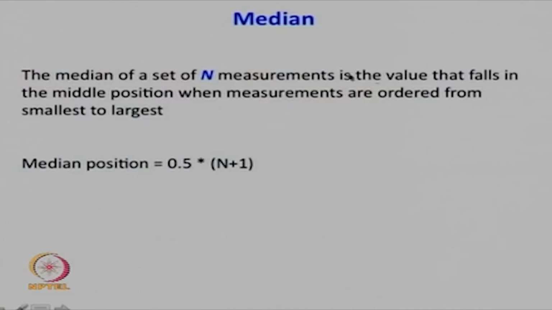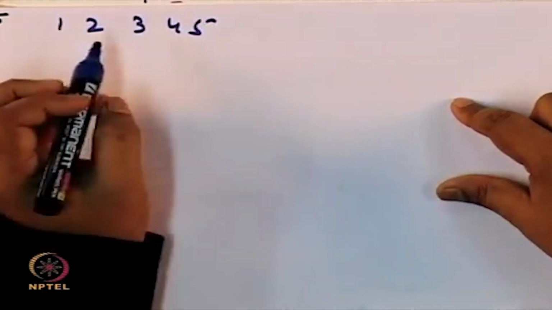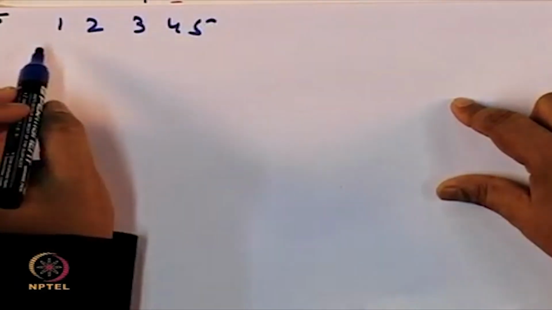Now, we have the next concept of median. The median of a set of n measurements is the value that falls in the middle position when measurements are ordered from smallest to largest. So, in other words, the median position is 0.5 times (n plus 1). So, if you have 5 numbers, let us say 1, 2, 3, 4, 5, then your median number, and this is a sorted data set,